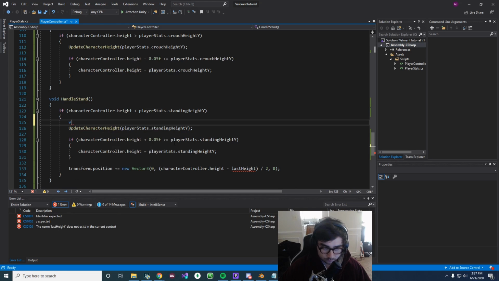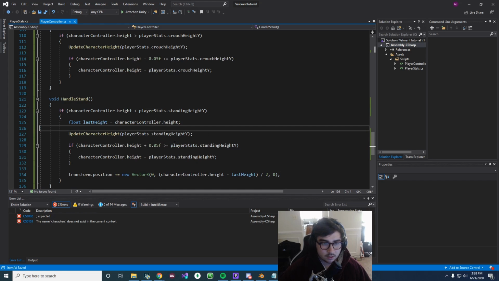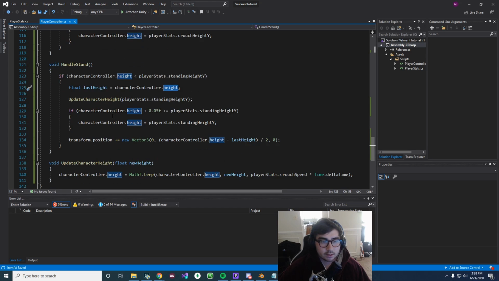Just say lastHeight = characterController.height. So we're saving our characterController.height, and as we grow, we're moving our position so that it feels like gravity isn't affecting us, right? But this doesn't work 100%, you know.